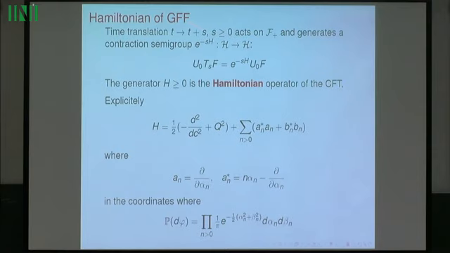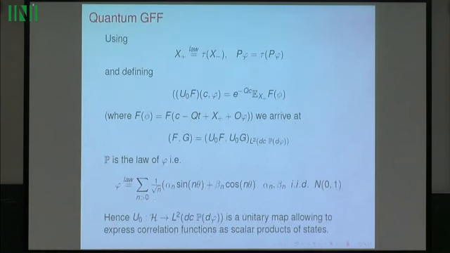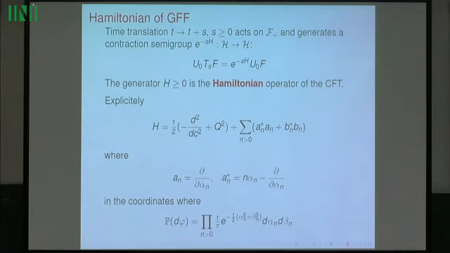Then once I map it to this space here, I get a semi-group acting there, and the generator of that semi-group is called the Hamiltonian operator of the conformal field theory. This is a completely general construction of quantum field theory, nothing to do with even conformal field theory, but here it's very explicit. Of course, in the free field case, you can explicitly compute it, and the result is the following. So there are two pieces in the Hamiltonian. There is just free motion of the constant mode.